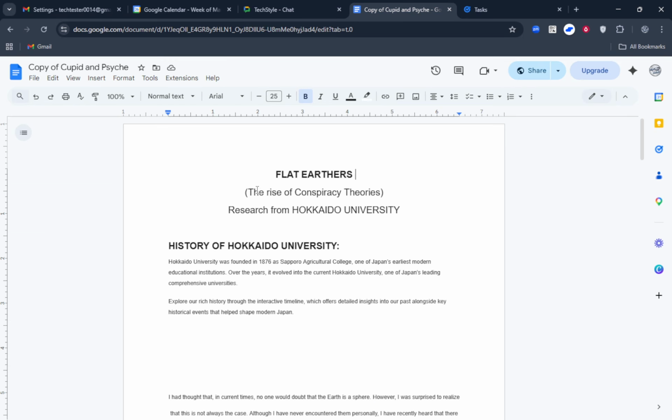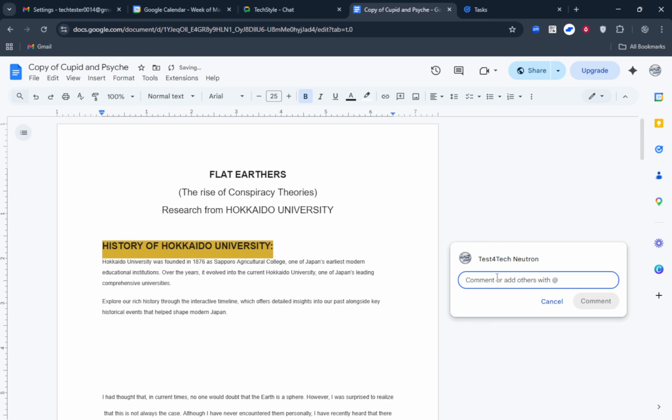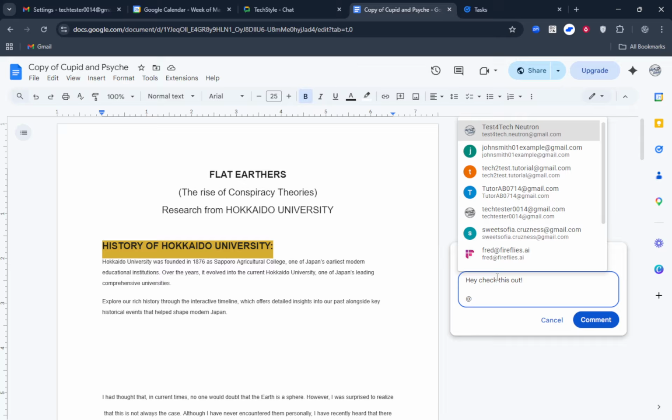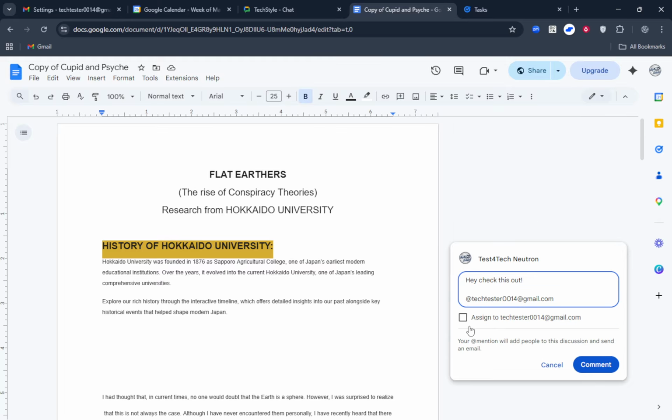Open a doc, highlight the text that describes the task, add a comment, and assign it to the right person. This creates an actionable task that appears in both your Google Tasks lists, linking back to the exact place in the document for context. It's perfect when your tasks come from meeting notes, project outlines, or checklists you're drafting together. Keep the comment concise, set a due date if needed, and the assignee will see it alongside their other tasks.